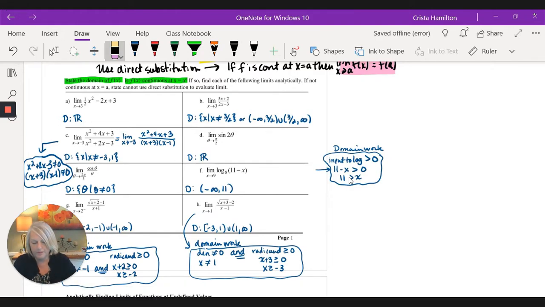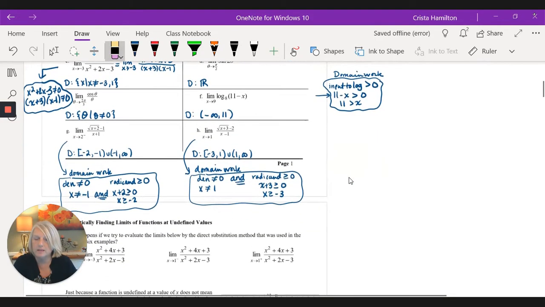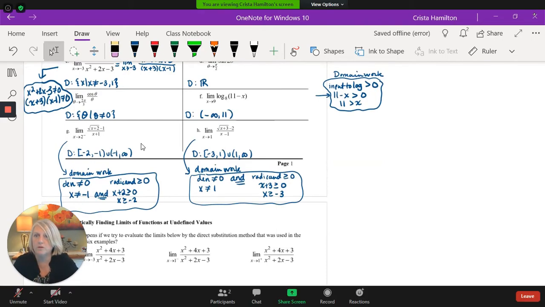Fairly straightforward. If we take a look at the last one, you kind of have two things going on. In addition to having a denominator that can't be 0, you also have the square root that's in there. So I did both the denominator not equal to 0 and the radicand greater than or equal to 0. And then once I got these two values, x can't be -1 and x must be greater than or equal to -2. And then I combined these together, and notice I used in all of these, you're going to be